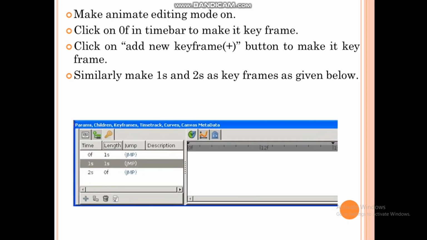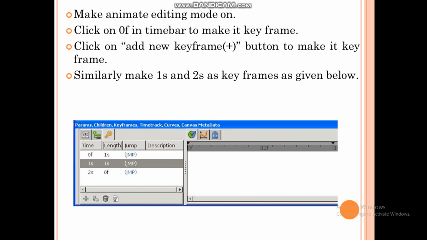So here this is the horizontal panels group, you can see, and the third button given is a key symbol. This panel is known as the keyframes panel, and here you can see a plus button is given at the bottom left corner. So you have to click on that button.